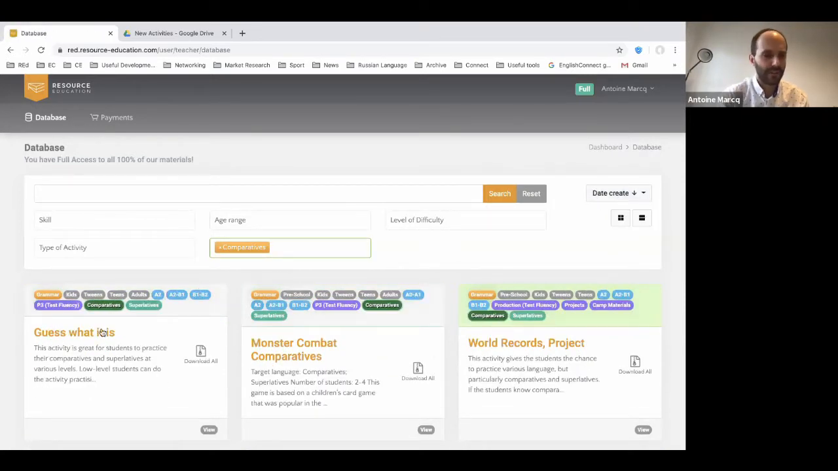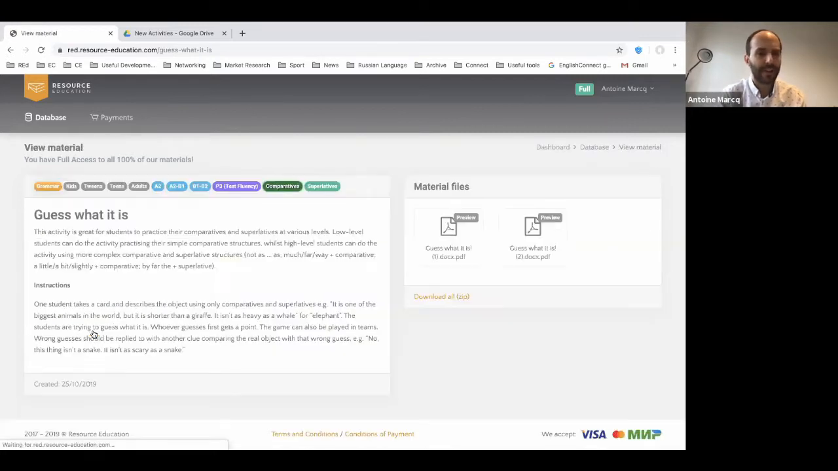There you go. That's the easiest way to find it. Last activity developed for comparatives. Check it out. This is a P3 that we developed. We got a number of requests